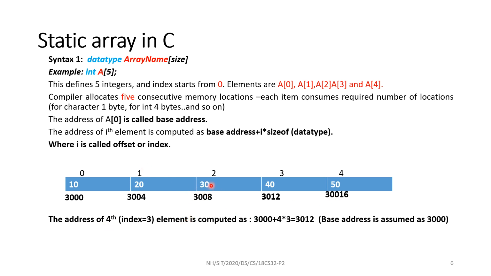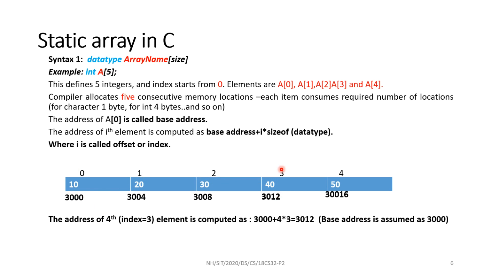The address of any data, like data at index 0 or index 1 or 2, can be computed as per this relation. You are going to shift from the base; how much distance you have to travel, that is the offset. Base address plus the index you want to access or retrieve, I, times the size of that data type. Each data element requires 4, so I should multiply by that many times.